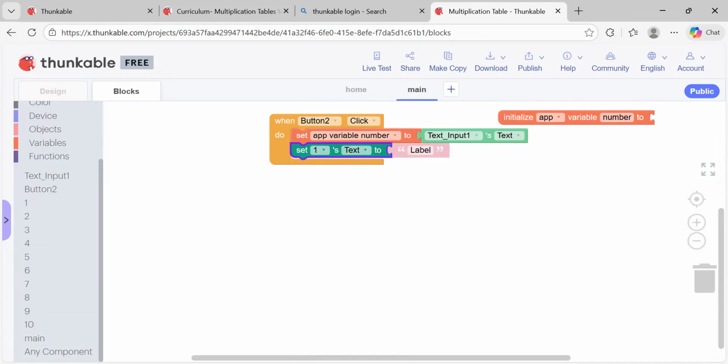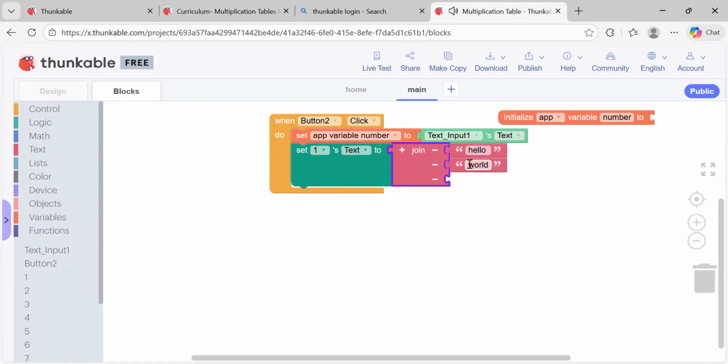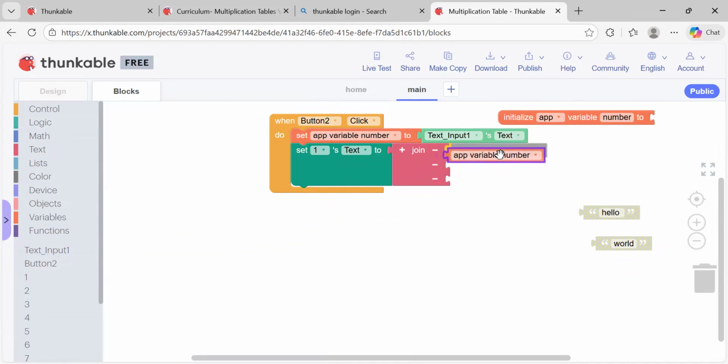Okay. What we are going to set here, we need to join first. So go to the text, we will add a join. Okay. You have to click on the plus sign if you want one more block here. But we are going to join, we will try to remove this. The first thing we will join here is whatever number the user will enter. Okay. Whatever number the user will enter, we will take this one. We have to simply put